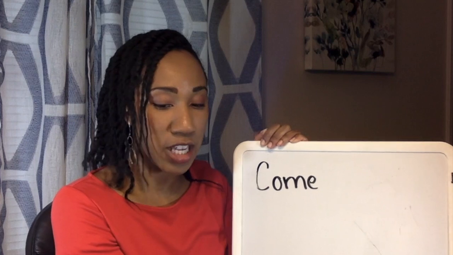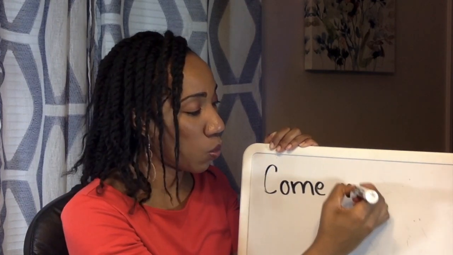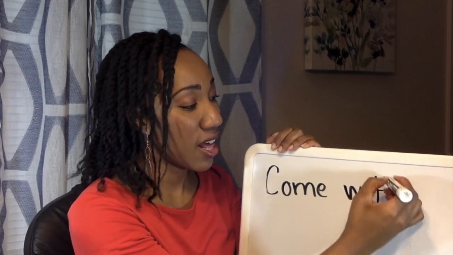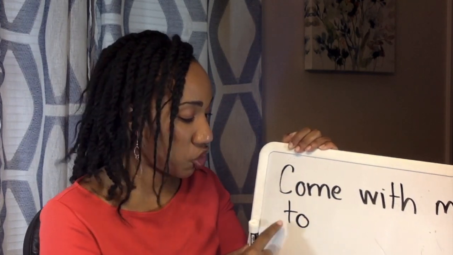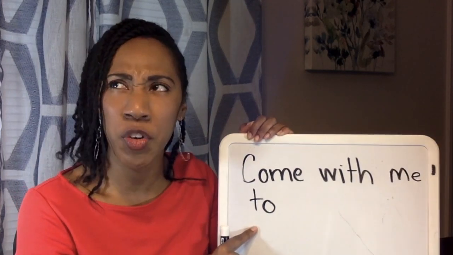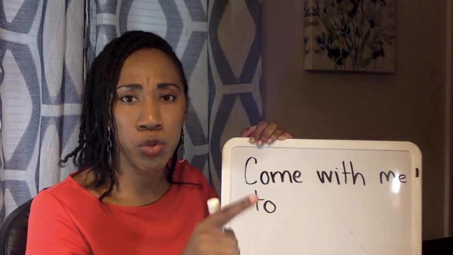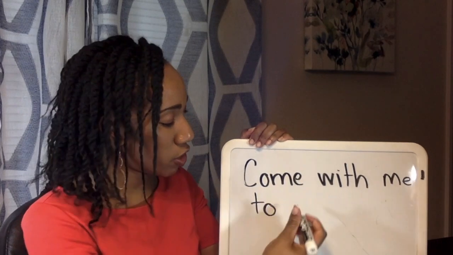All right, so here's what you should have for the first one. Come with me to see the chicks. The C in come should be capital. That is C-O-M-E, with, W-I-T-H. Me, that's M-E. To is just T-O. I think a few days ago in Phonics and Language we worked on two, and two. Come with me to see,